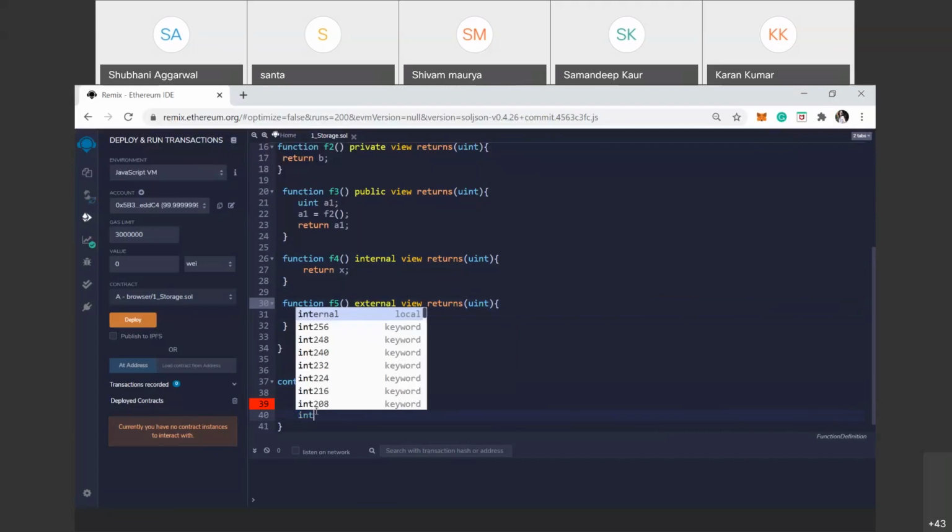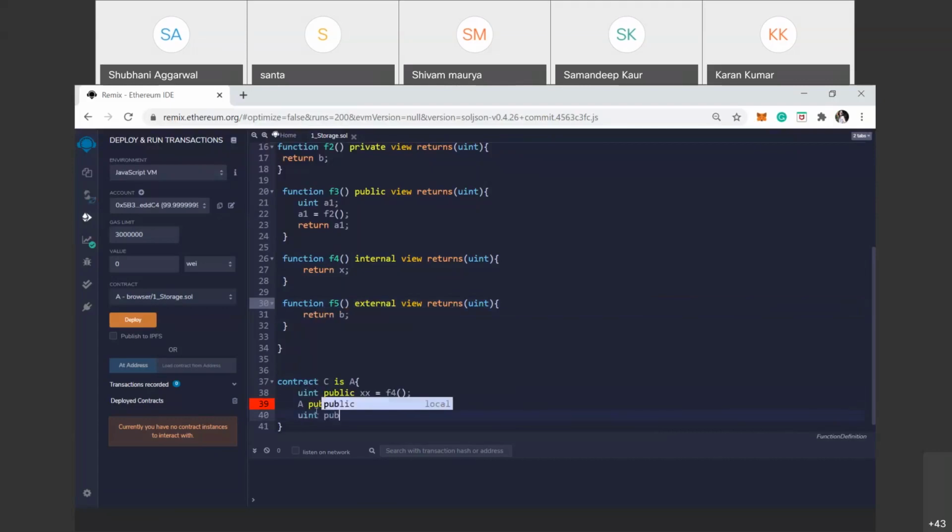So uint public, suppose x3 is equal to, this is the small a, so a.f5.